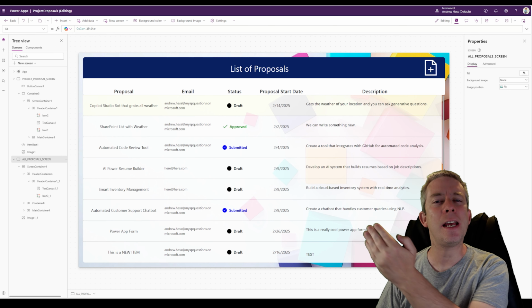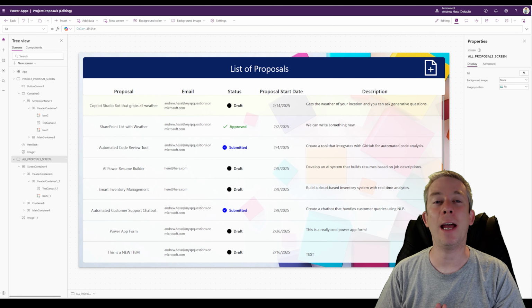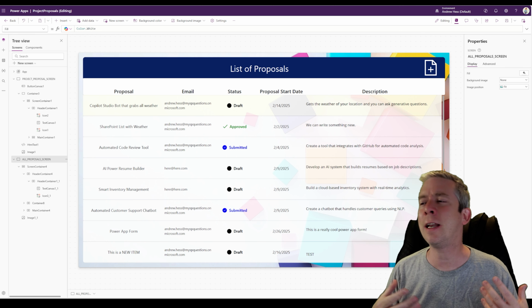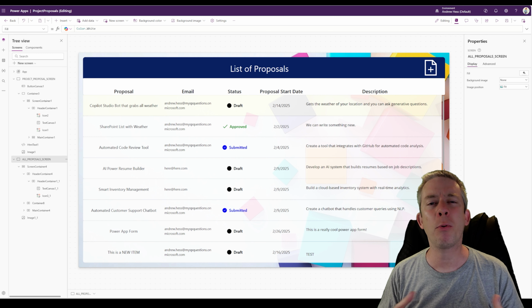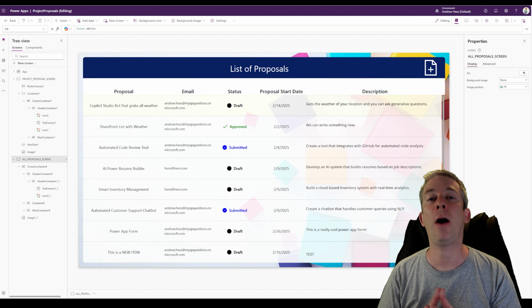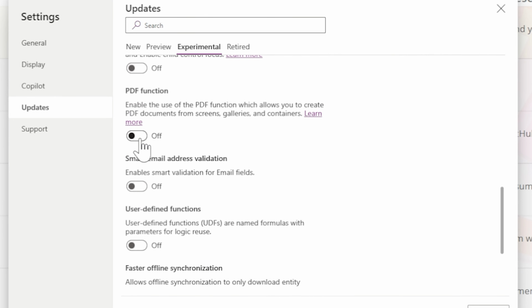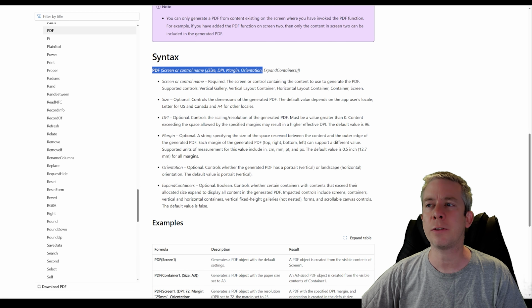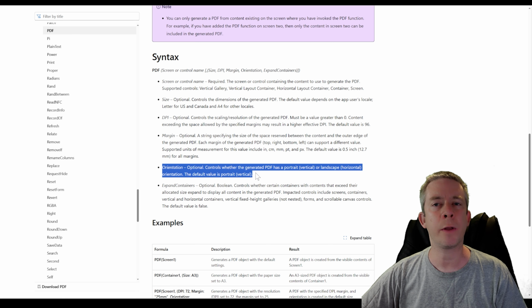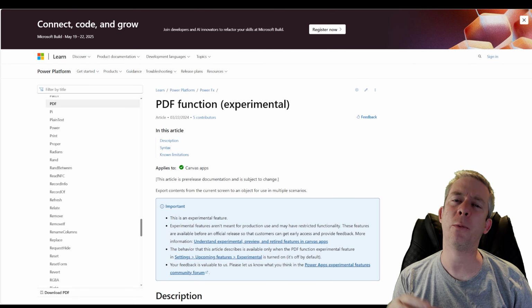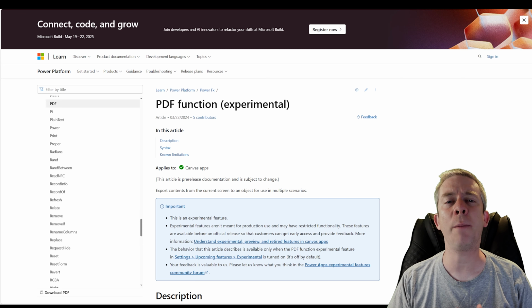All right, so let's just say you have a nice gallery like we have right here on the side, and we want to print this horizontally or in landscape view, and that's how we want to print it to PDF. So the way that I'm going to recommend it is to do Power Automate. There is a PDF function in Power Apps. You could do this here, and you can see here's the syntax for orientation. Right here you can do the orientation. Optional, controls whether it's vertical or horizontal, but it is still a little bit limited. I can't really do the CSS like I want to,